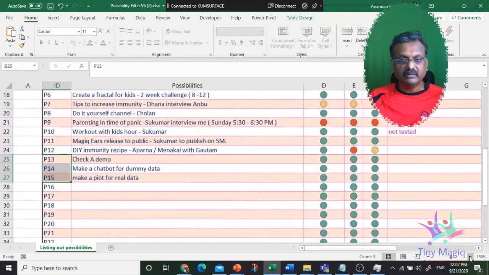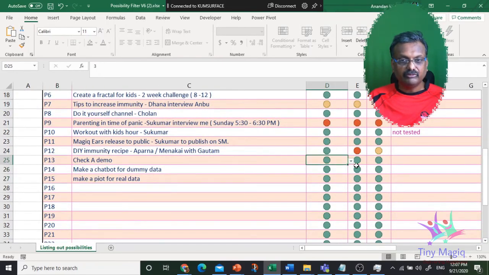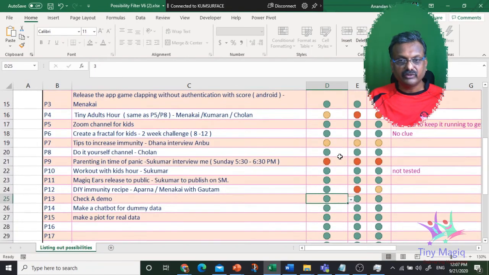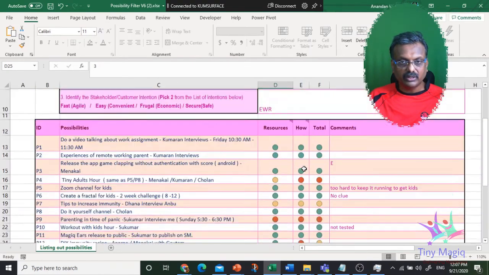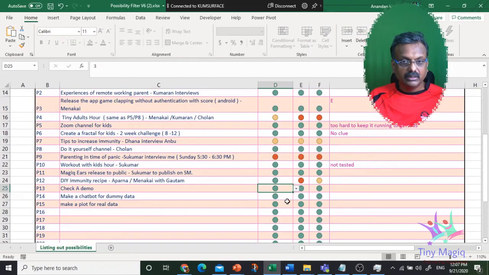Now if I look at these three, checker demo, do I have the resources for that? Yes, I do. Do I know how to do it? Sure, I know how to ask somebody. That's good. Make a chatbot with dummy data. It's kind of okay.